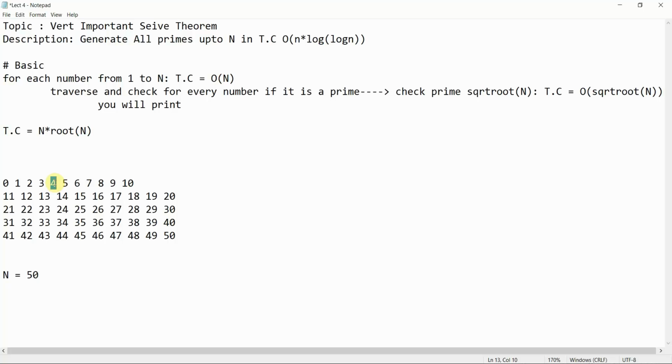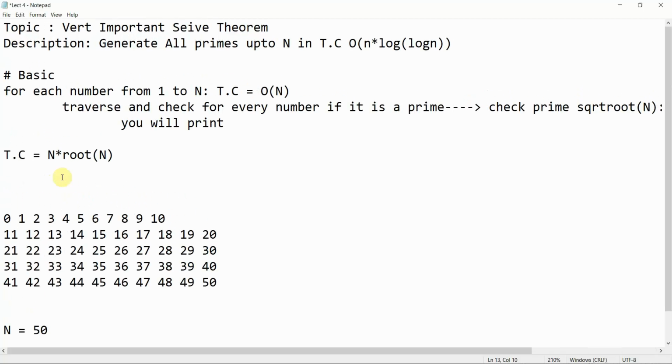So 2 is the first prime number, the square of 2 is 4, and all the numbers which are greater than or equal to 4 and divisible by 2 will be marked as false. In this process, we are going to mark them as false. So 4 is the first number which is going to go, then 6, then 8, and then 10. In the same way 12 would go,